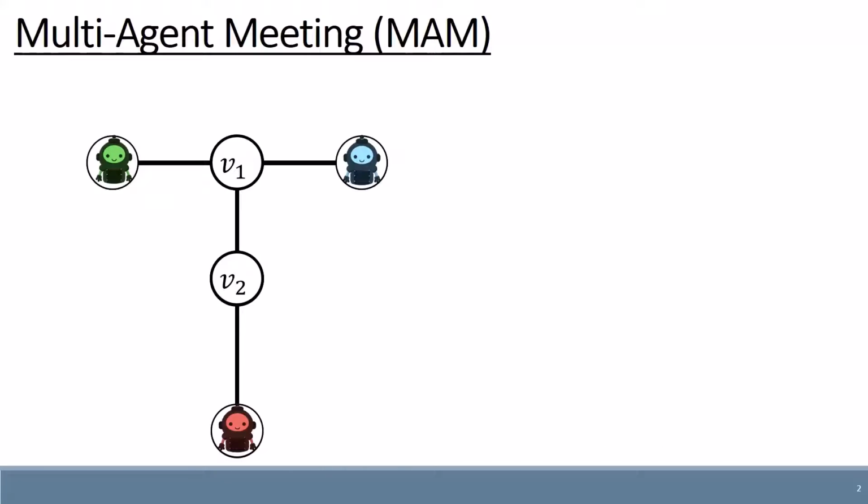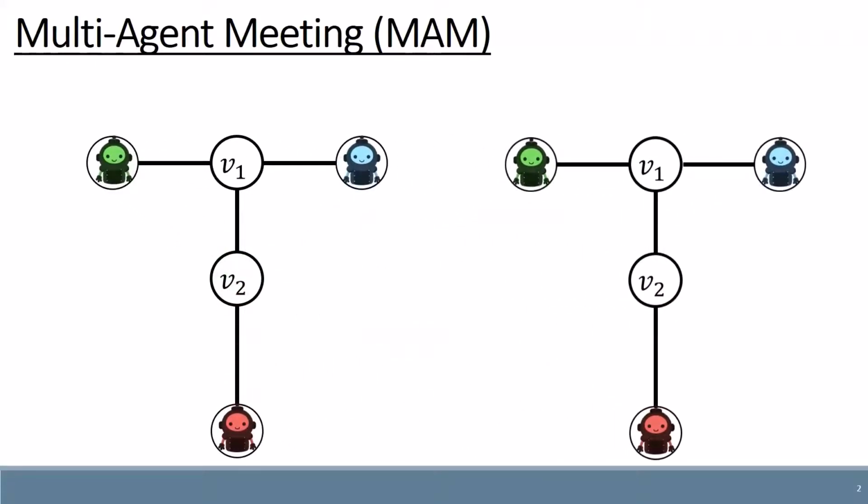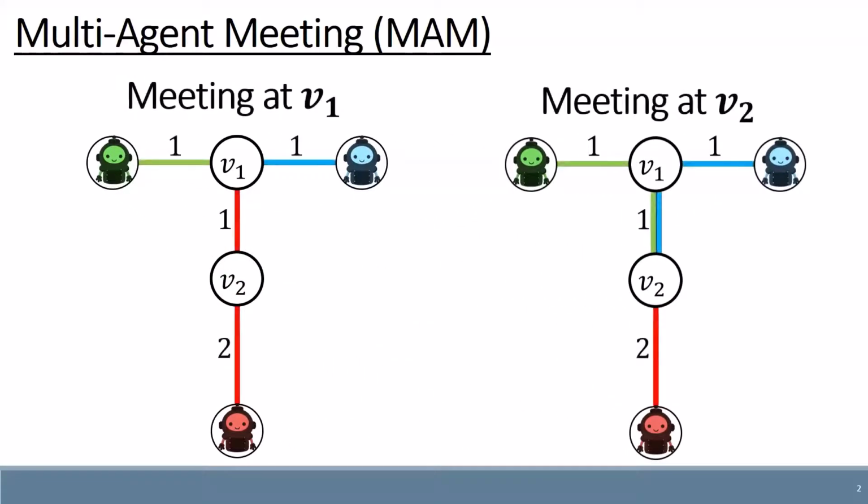In the multi-agent meeting problem, we have a map and k agents, each with a start location. The task is to find a meeting location for the agents. On the left side, the agents meet at location V1, and on the right side, the agents meet at location